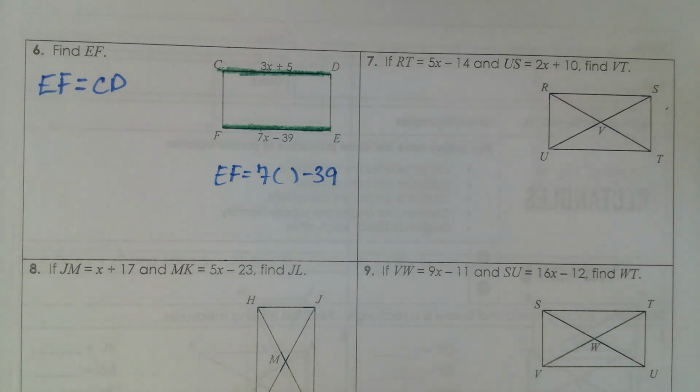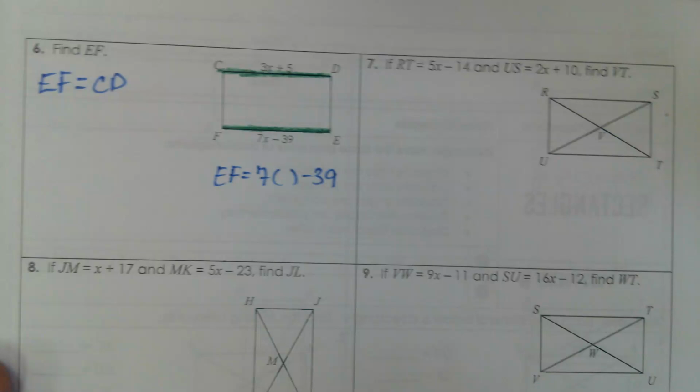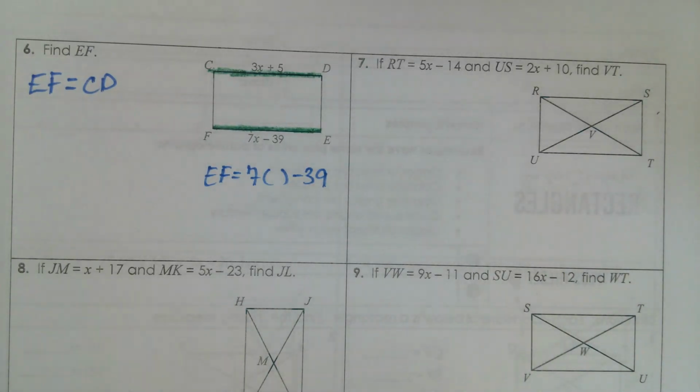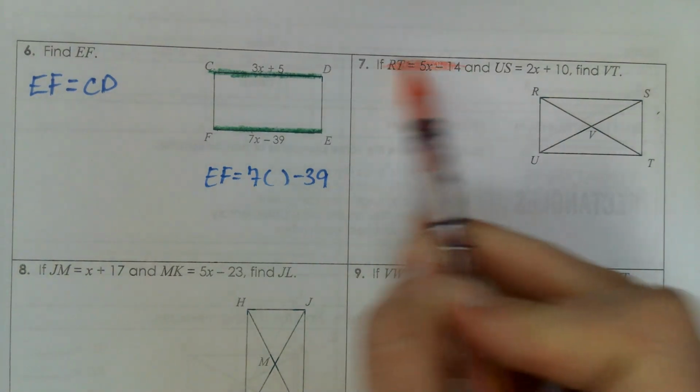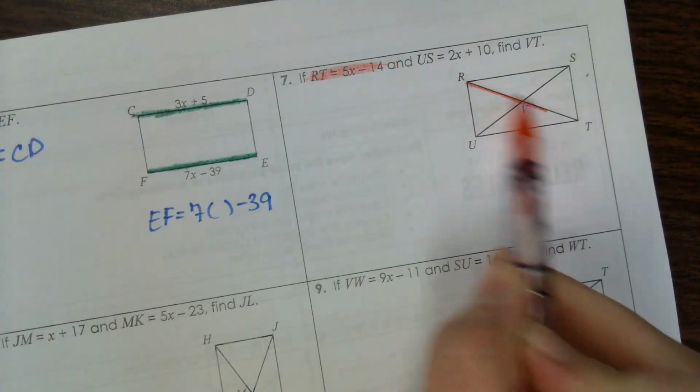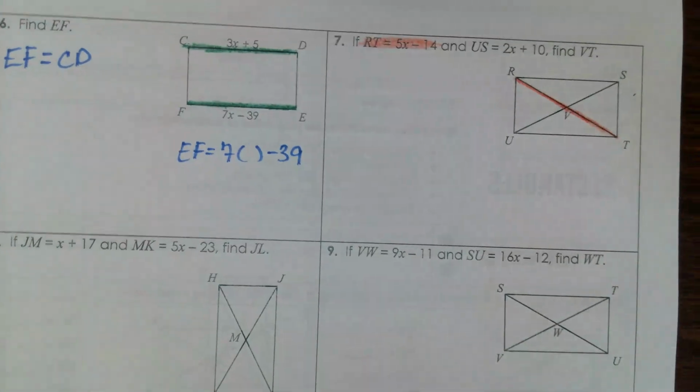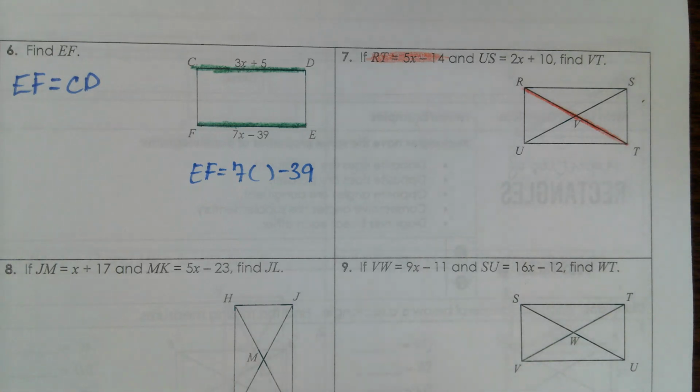Okay. My pen's about to die. I'm going to have to change colors on you here. Okay, number 7. They've told us what RT is, and RT is a diagonal. I'm going to go ahead. I like to color code. I am a color coding person. So RT is this. Okay. And